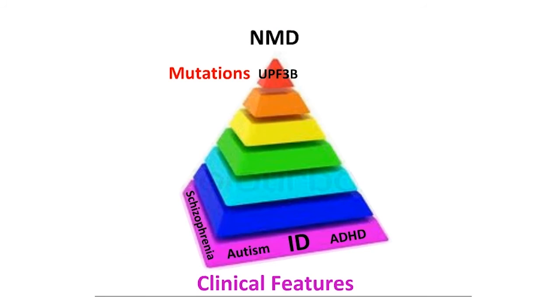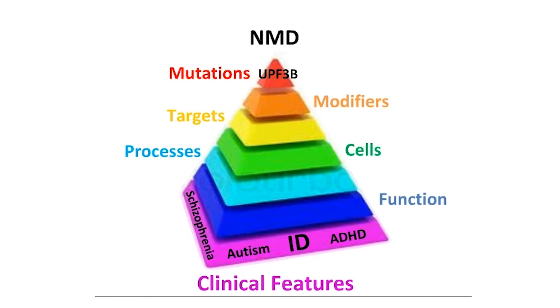I guess just to go back to the bigger picture and to finish this half of my talk off, we really began the story knowing that UPF3B alterations caused a range of disorders, predominantly all featuring intellectual disability, but also ADHD, autism and schizophrenia in affected individuals. And we really wanted to try and fill in the gaps between knowing a mutation and knowing a clinical phenotype. So we looked for what would possibly be modifying, we looked for the NMD targets and what cells and processes were affected. We were beginning to fill in some of this information.